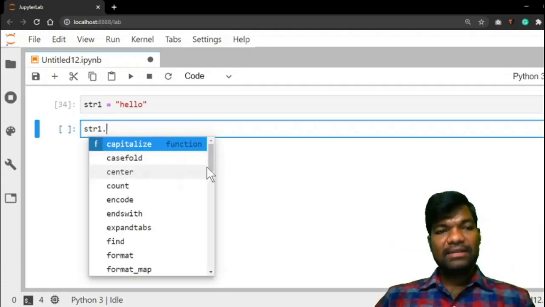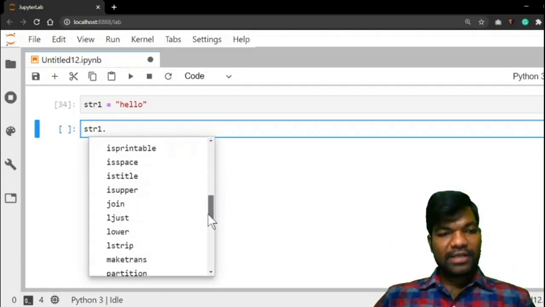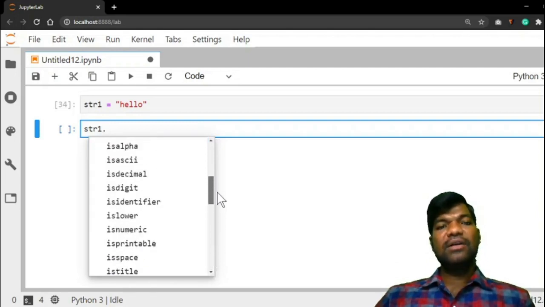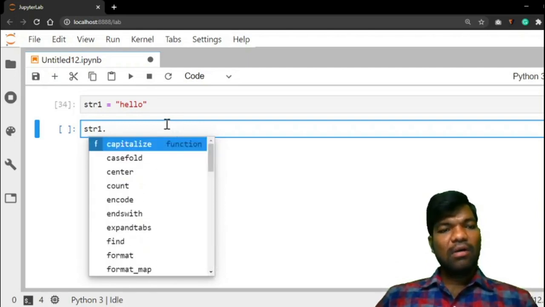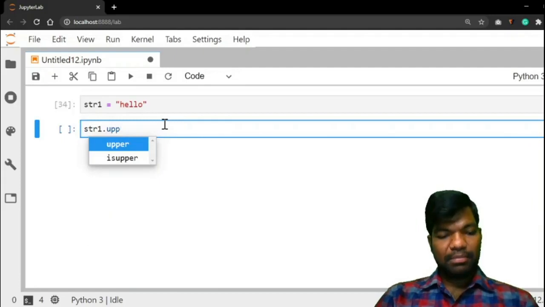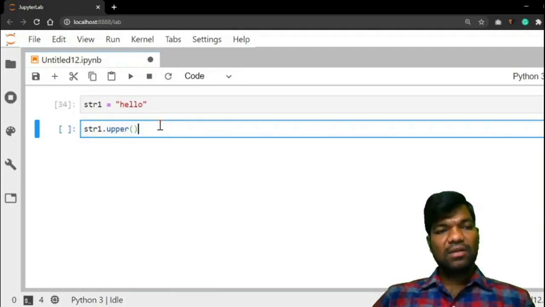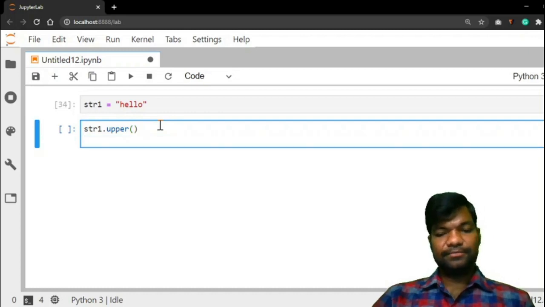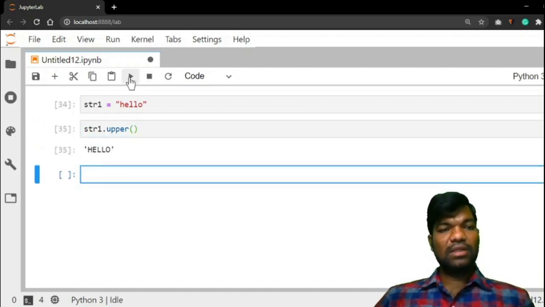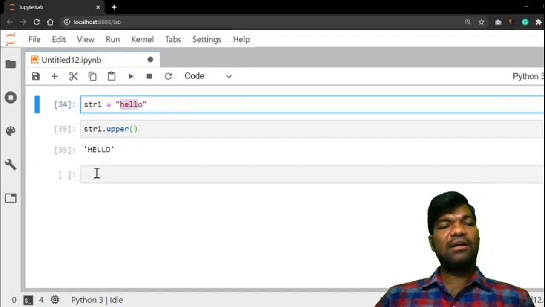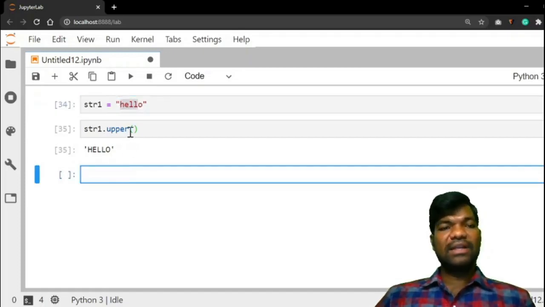See this? These are the different methods in strings. Now I am using upper of str1, right? So enter, run the code. Yes, see this? All small letters are converted into capital letters.